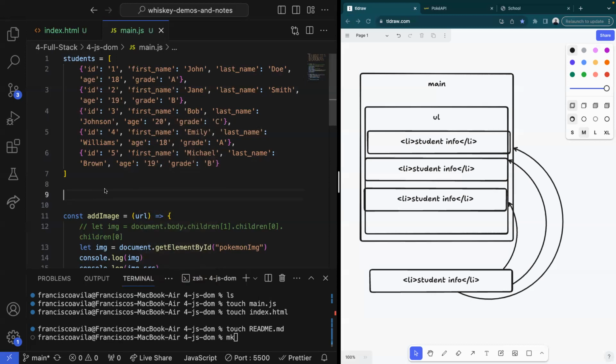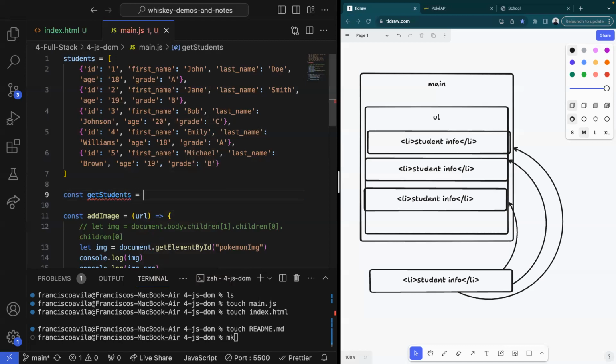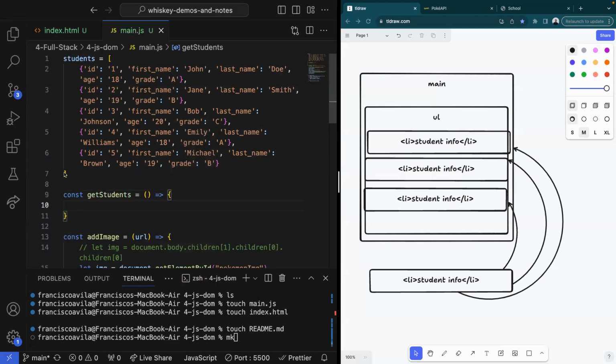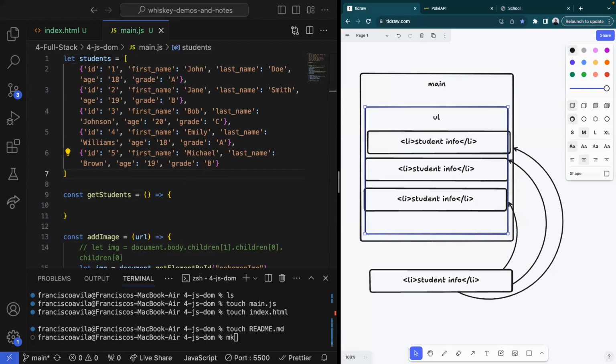All right, so we're going to go ahead and make a function named get students. And for now, this function is going to work with this array of students up here, which is an array of objects. And I'm going to go ahead and create list items that will fall within my UL. So first, I want to grab the container, which is my UL. And I believe I named that student container. So let's say let student container be equal to